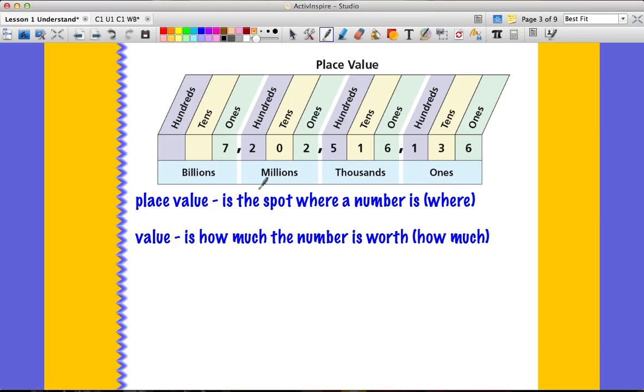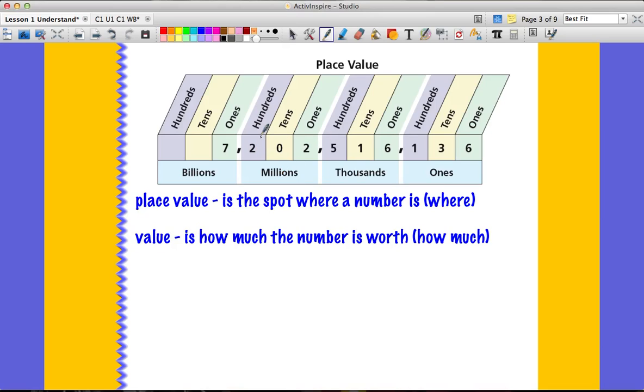Now that you've completed that, we're going to talk about how we read this number. Place value is important in reading the numbers, and it's important because when we read the number, we're telling everybody how much this number is worth. Like, if we're talking about money, how much money is this? But now we do start reading the number from the left. So when I read this, because this is only ones, this is only 7 billion. And I do have to put the billion on there because I'm in the billions chunk. Okay, so it's 7 billion,